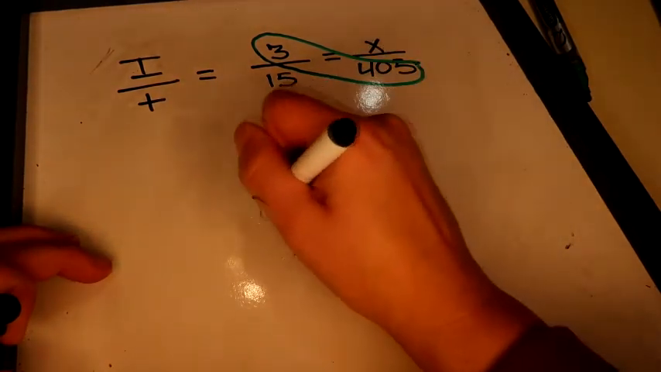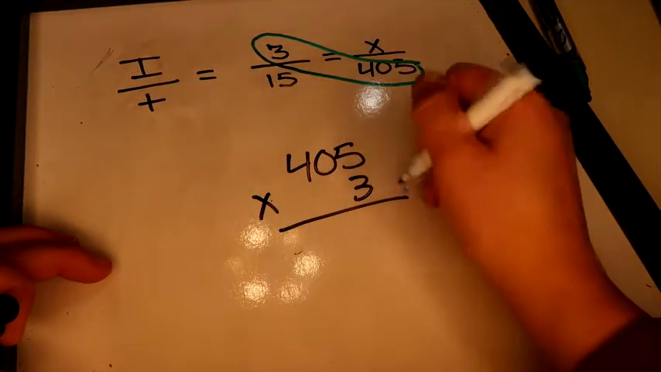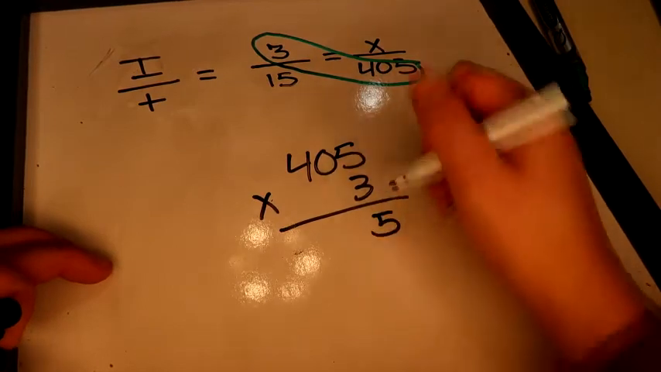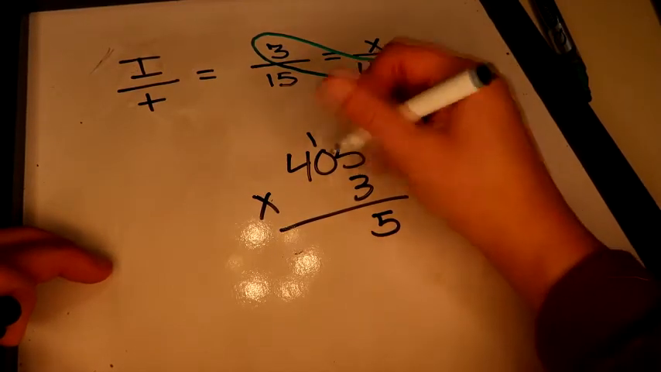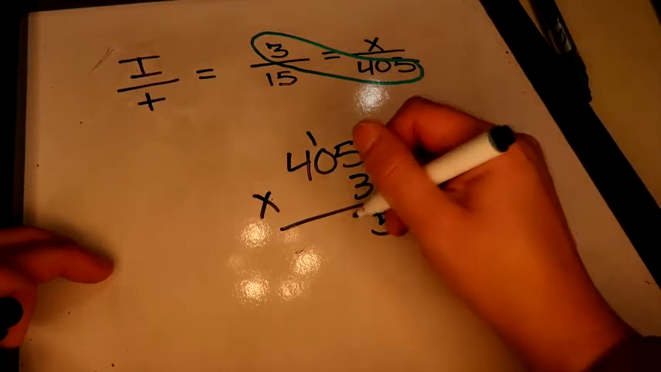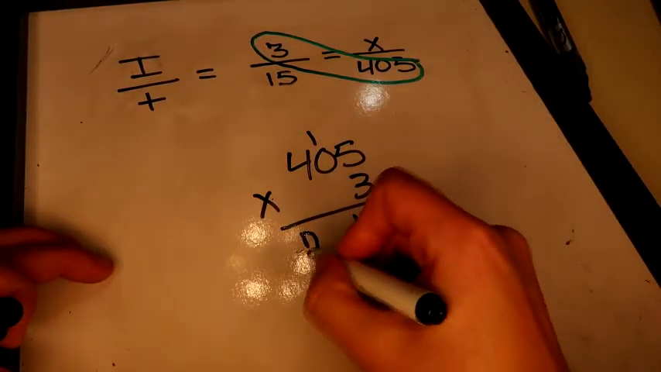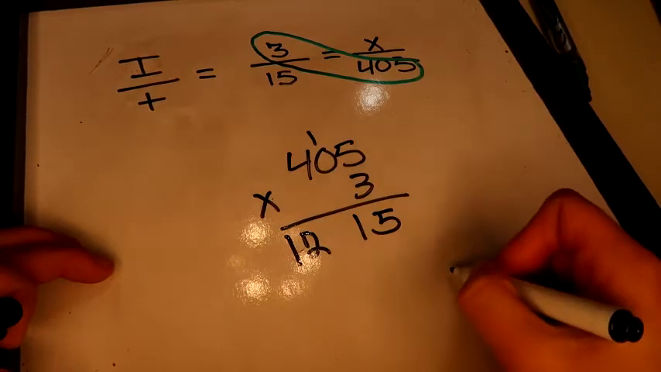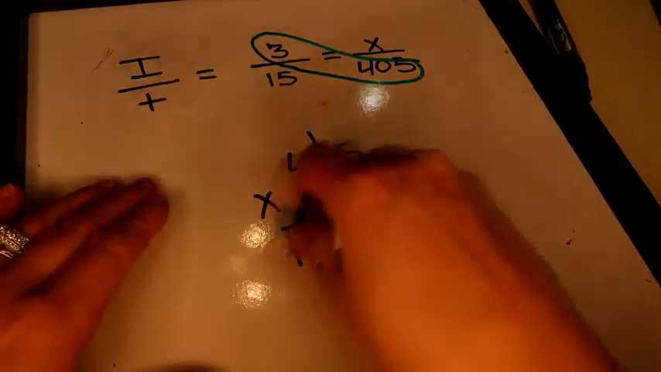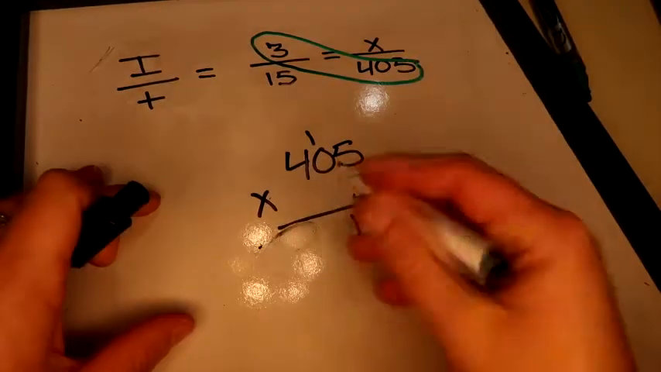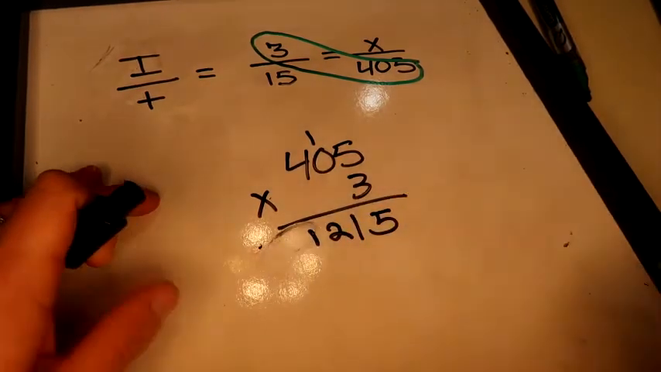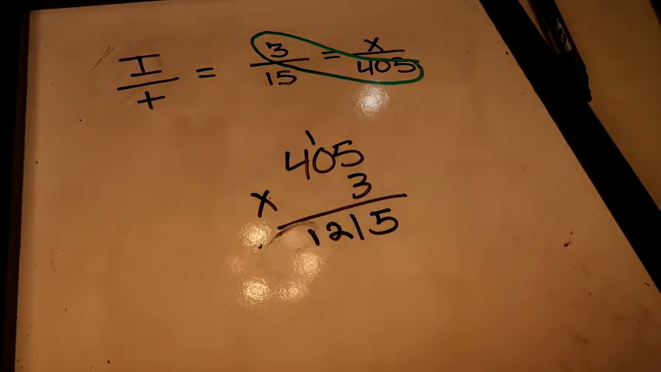405 times 3. 3 times 5 is 15. 3 times 0 is 0. Add a 1. 3 times 4 is 12. I wrote that kind of weird. So 1,215. Then,